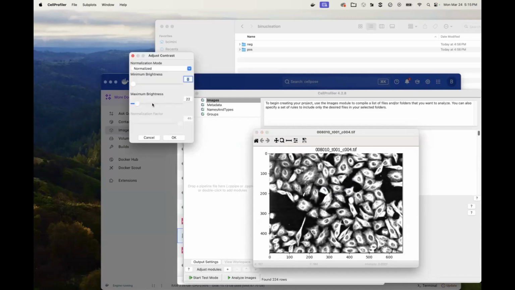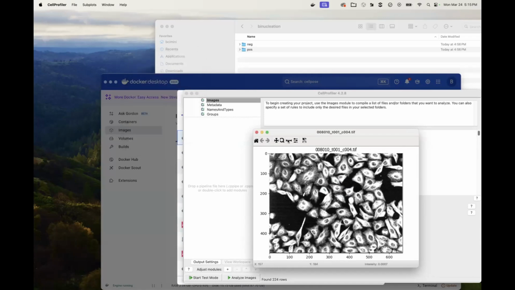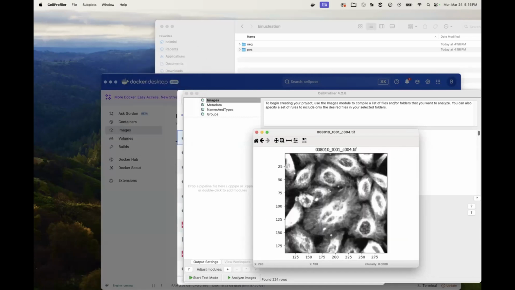Here we have some cells that are actually pretty nicely behaved, but if we zoom in on this particularly crowded region, I'm not sure I could say the exact pixel where this cell stops and this cell starts. You'll run into that a lot with cells.